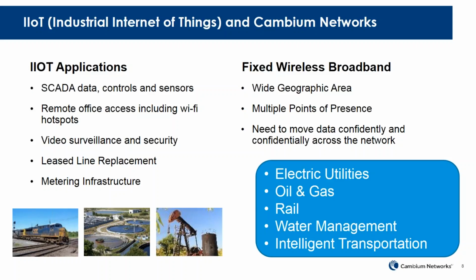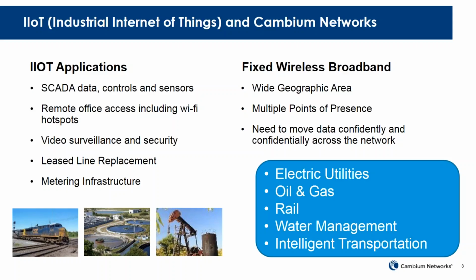And then there's also a whole bunch of infrastructure that's needed to connect point A to point B in all these networks. So we talk about that as a leased line or wireless, replacing wires with wireless, and also talking about metering and measuring the flow in all the different parts of these operations.